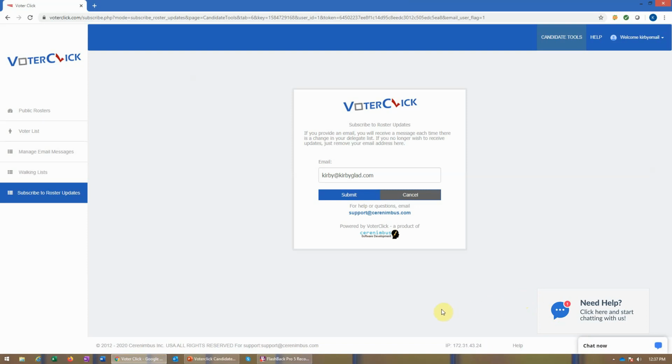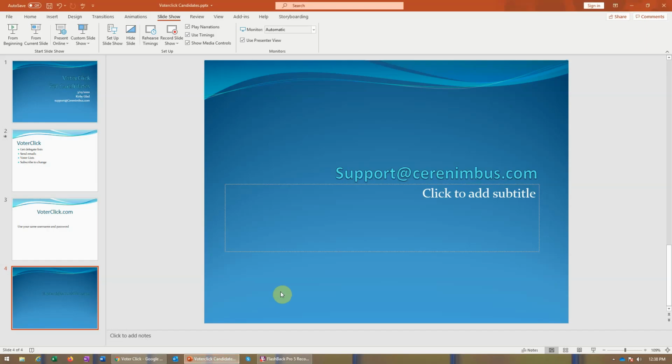We want to support our candidates. We want to facilitate candidates talking to delegates. That's the purpose of the party, and we want to support our Republican candidates in any way possible. If you have some suggestions, requests, additions to the program, or something that will make your life better as a candidate, please email that support number and let us know, because that's our purpose here at VoterClick, is to help